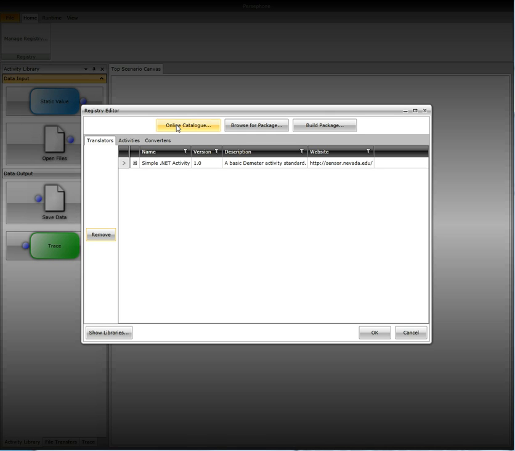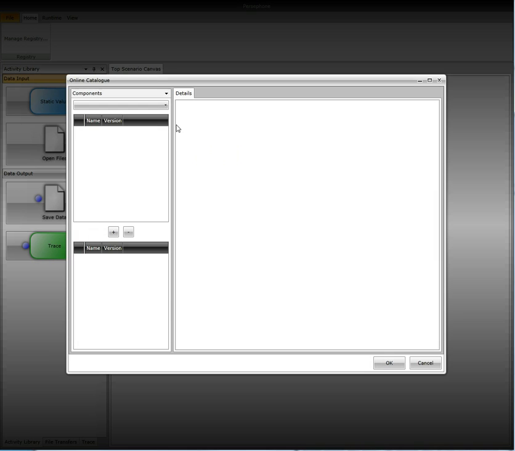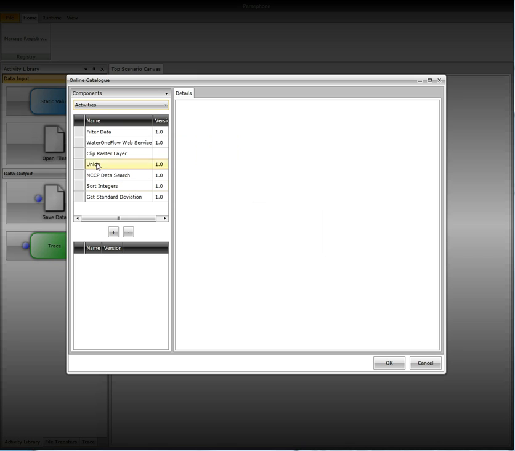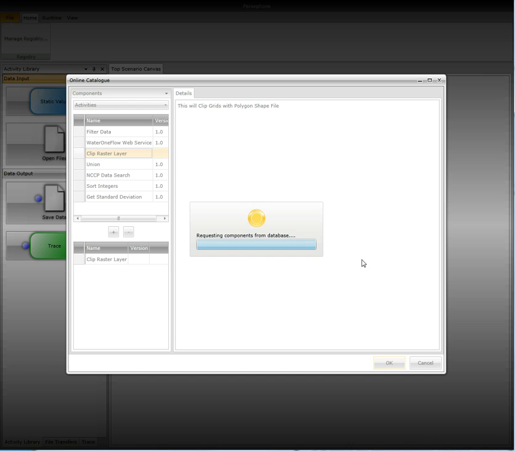So I click this button and begin my search. Going to this drop-down menu, I select Activities. This will query our servers and provide a list of activities present in our catalog. Once this appears, I will now select Clip Raster Layer and add it to the list of components that I want. Now, I click OK, and the system here will request and download all of the necessary libraries and files